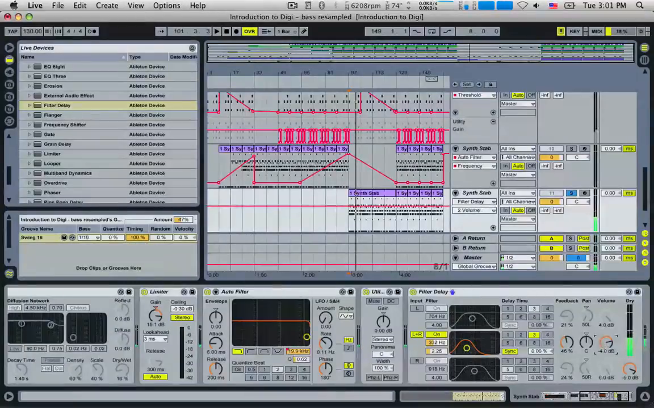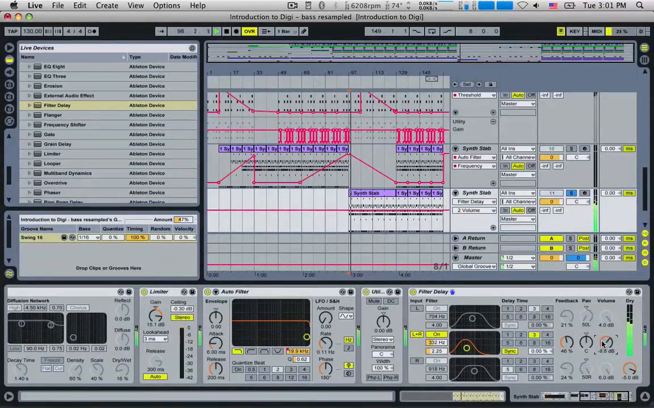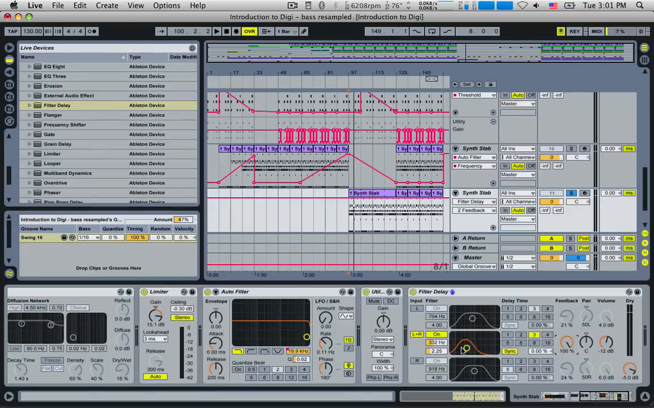We can bring the volume of the delay down if the delay is a bit loud. We can bring the feedback up or down. So the feedback is how long the delay goes for. If the delay goes at 100. See, now this filter delay is a little bit dangerous because you can set the feedback to 100. So by doing that,